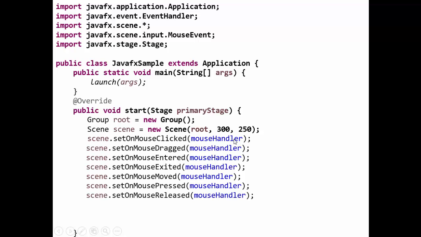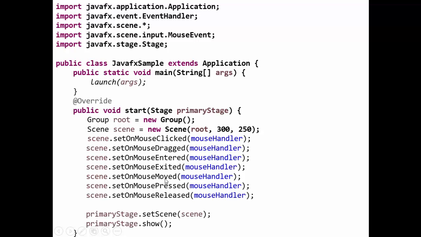We'll come across this part later on, but you should be clear that in this case we had registered this particular event for this particular node, and that node itself is the scene. So for this scene we had set this particular event. That means in total 7 events are registered for this same scene, and the handlers are the same. You can set different handlers for different events, but over here for the sake of an example we are using the same handler for all these events.